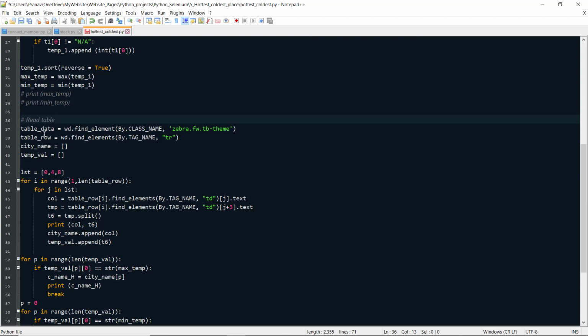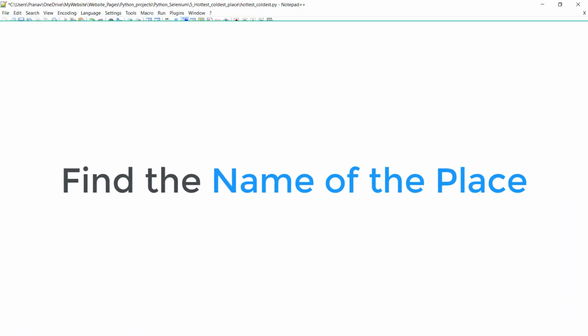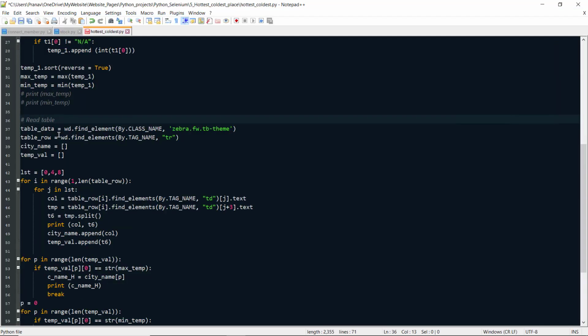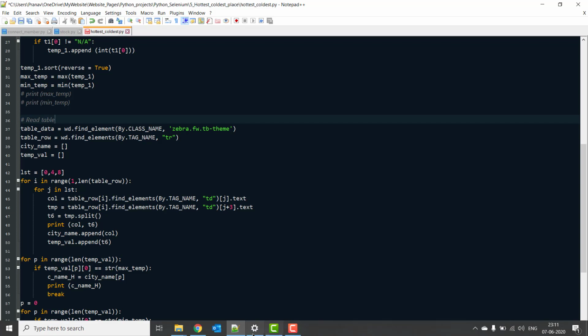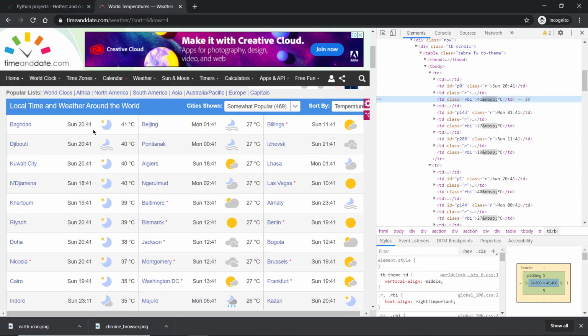So the next part is that I am also interested in finding out the names of the places for which 42° and -2° were recorded. This is a little bit complex. It cannot be read very easily, since this website has all the information organized in a table.